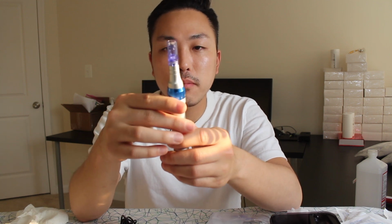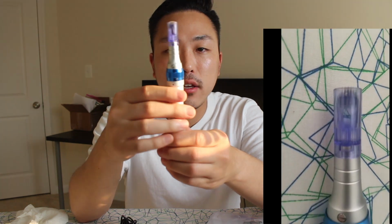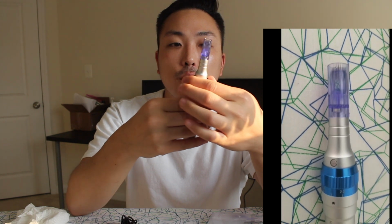Some people do notice bleeding when they microneedle or derma roll, and that is totally normal, so don't panic or anything like that. But remember that you don't have to apply high pressure just to achieve good results. So you want to turn it on, set it up to my highest setting, 2, 3, 4, 5. If you look in the back here, we have the needle length, and then you want to adjust that to 1.5,